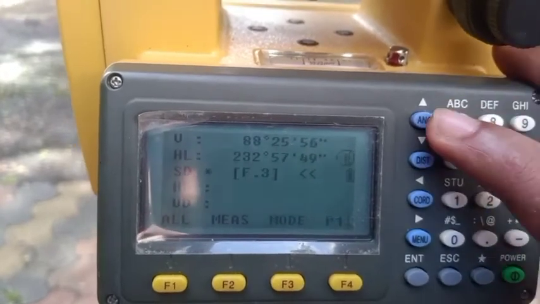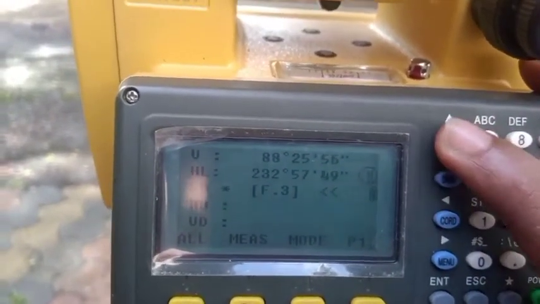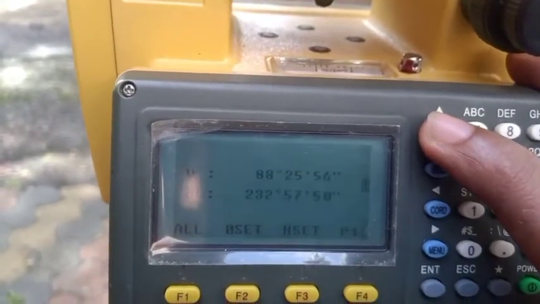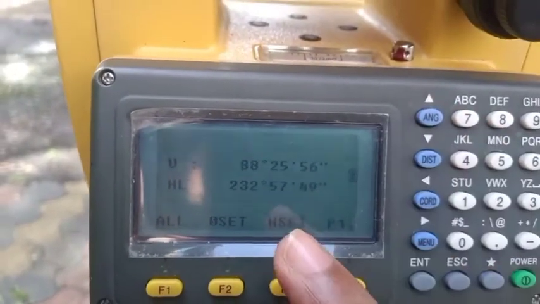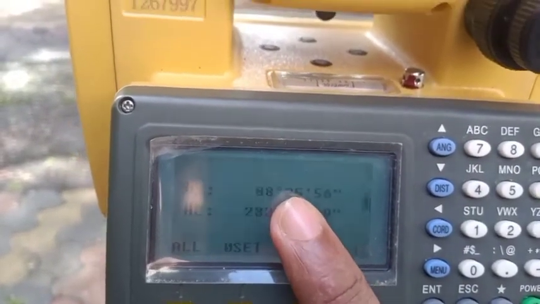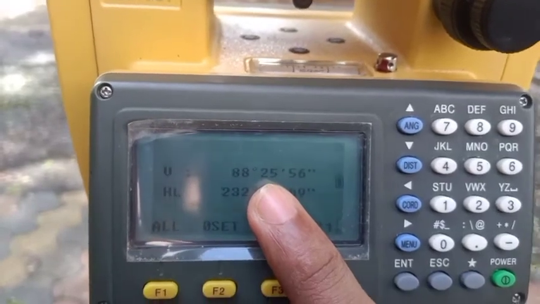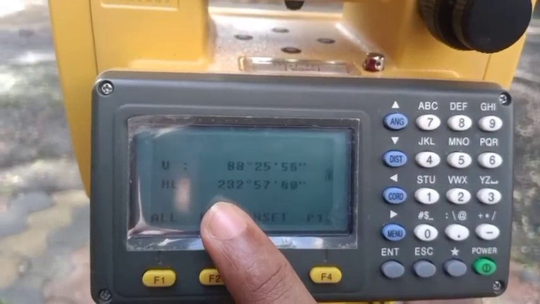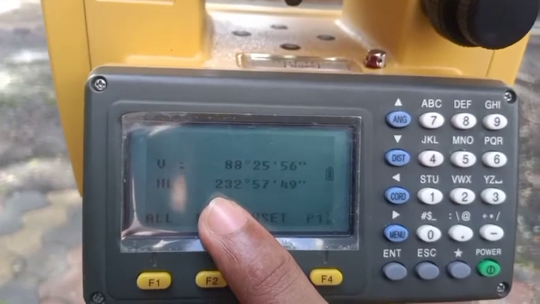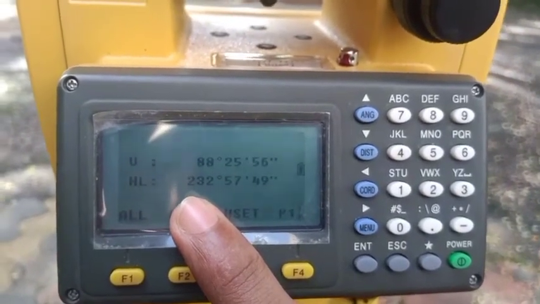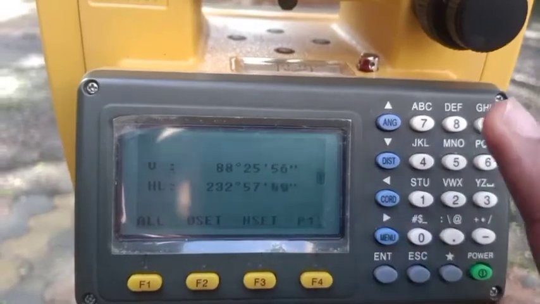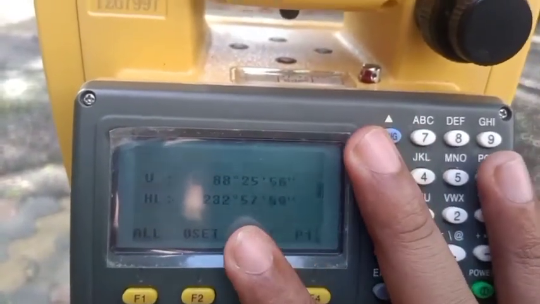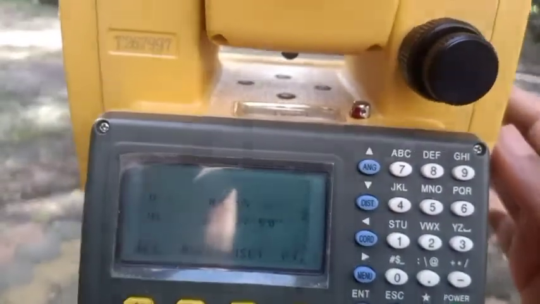So we can change it into angle by pressing this A and G button. Okay, so by pressing that we get vertical angle. Right now it is 88 degree 25 minute 56 seconds. Horizontal angle 232 degree 56 minute 49 seconds. Okay, so we'll start with this window, and now we'll sight